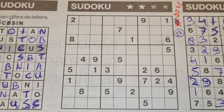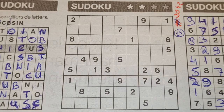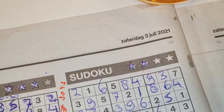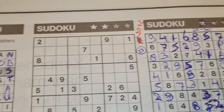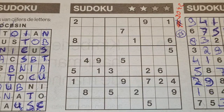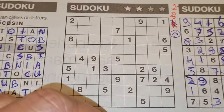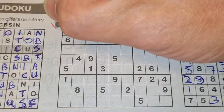Hello guys, welcome back with the second Sudoku, a two-star Sudoku in this additional of yesterday's newspaper. Yes, yesterday, Saturday, July the 3rd, 2021, because today it's Sunday, and Sunday we don't receive any newspaper, and I've decided to finish the puzzles of yesterday's additional, and we have two puzzles left, the two-star Sudoku and a tectonic with 1 star. But first, we will solve this baby, and this one with 2 stars will be number